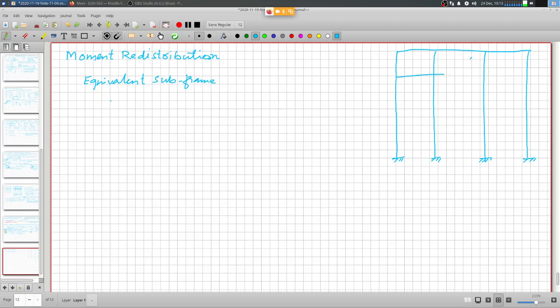And let's say these are the beam levels. So we can actually take out